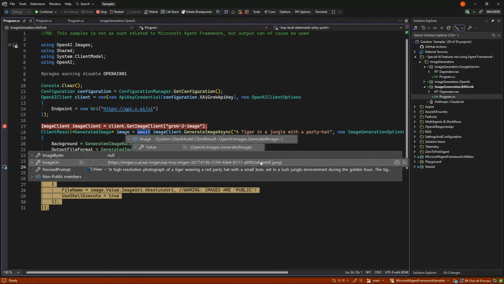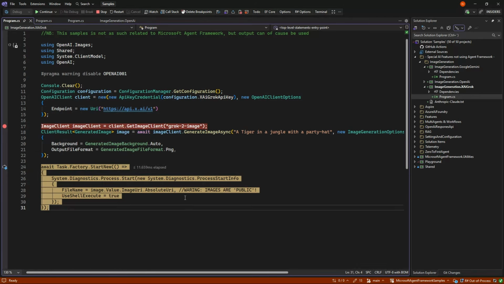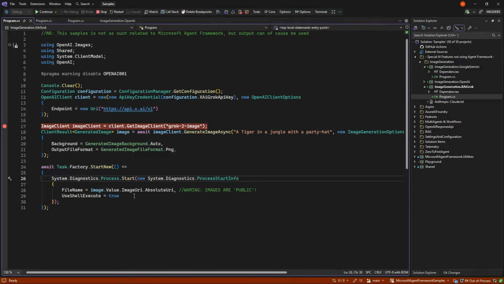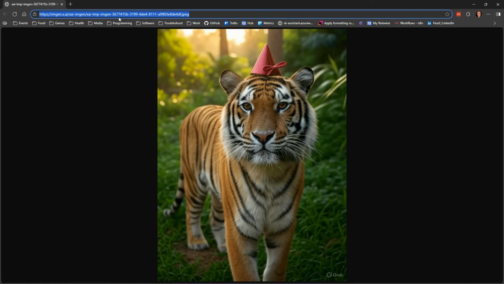back. And here you need to be quite fearful because this image is actually a public image. So if you know the URL, it can be hard to guess, of course, but they are actually public every single time.